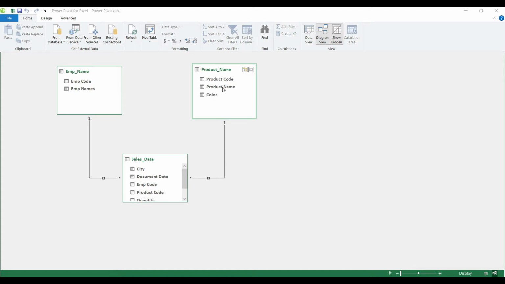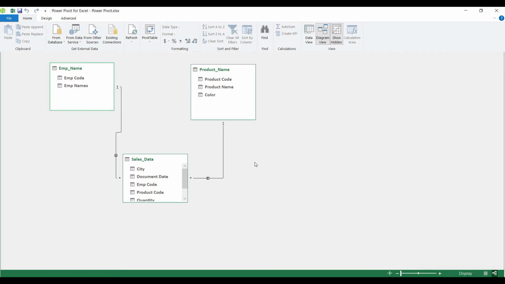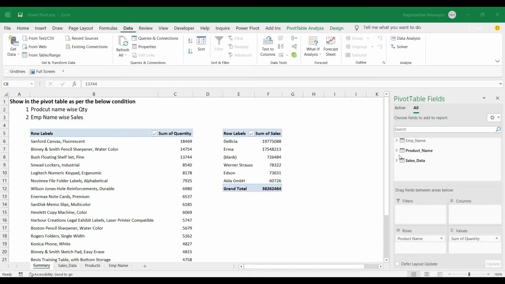This section is about Power Pivot. It means how to do modeling to create a relationship from the different source data. Once we create a relationship here, we can add multiple source data into one pivot table for comparison. So this is a very good option to create a relationship. So just do it step by step.